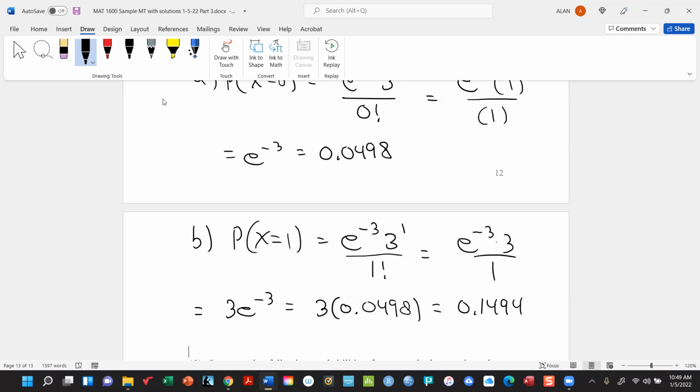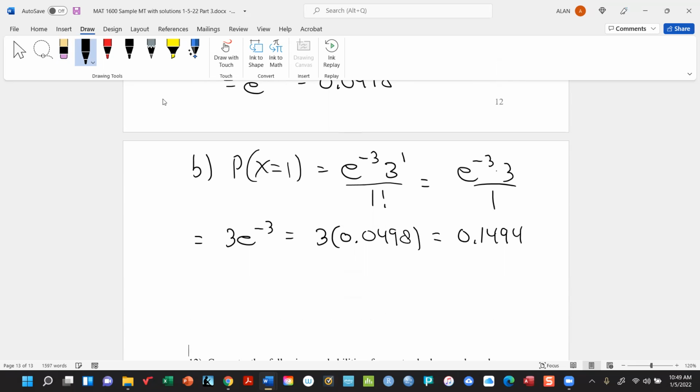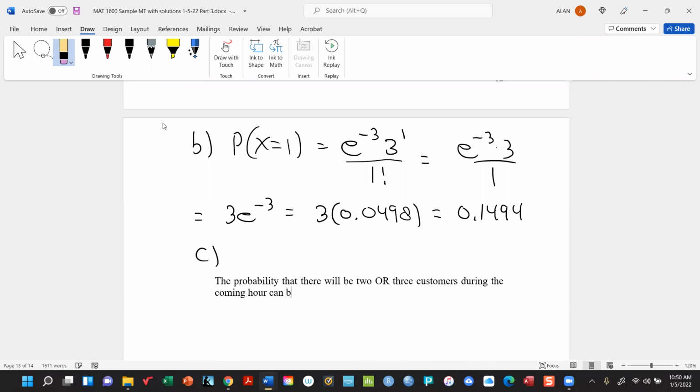All right. Now, the next one's interesting because it's asking for the probability of 2 or 3 customers. So this is an important detail. 2 or 3 customers. So the probability in a case like this that there will be 2 or 3 customers during the coming hour can be calculated as,